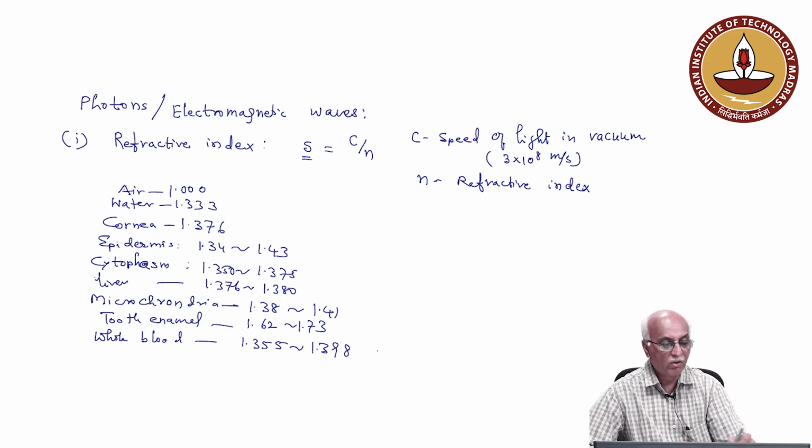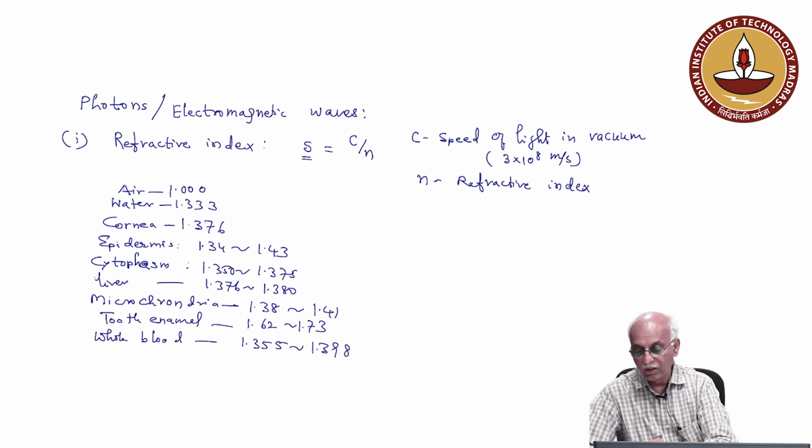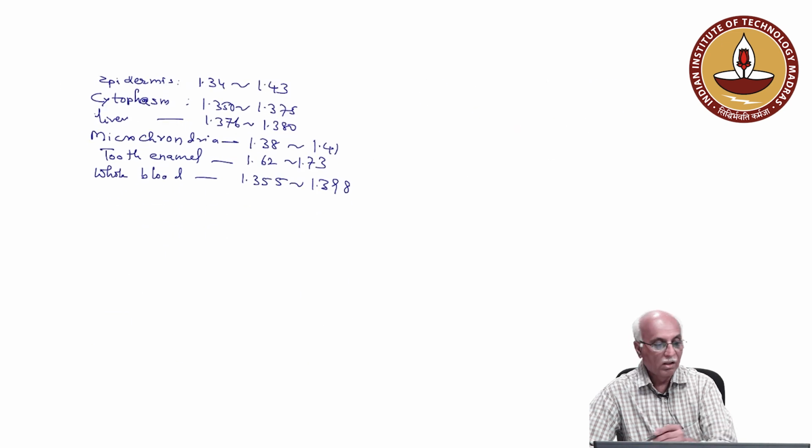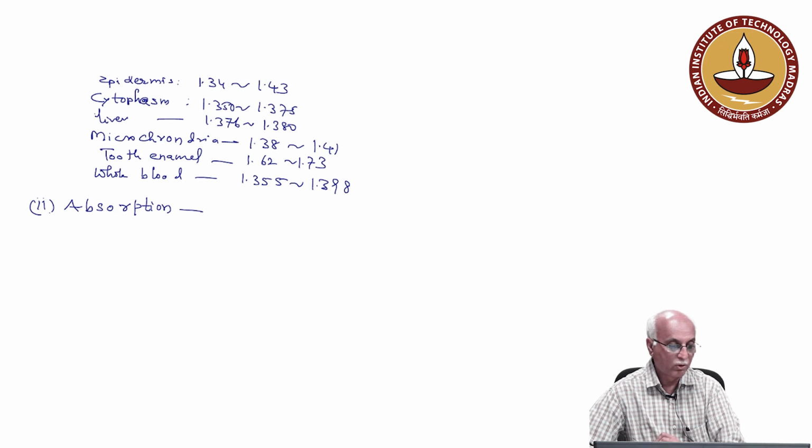Okay, so these are all typical values, and they are useful for us subsequently when we are designing some of the devices. It helps us to determine some of the important requirements related to the photons, etc. Another factor associated with this material interaction is absorption. Refractive index is associated with dispersion and the speed of the electromagnetic wave, while absorption is